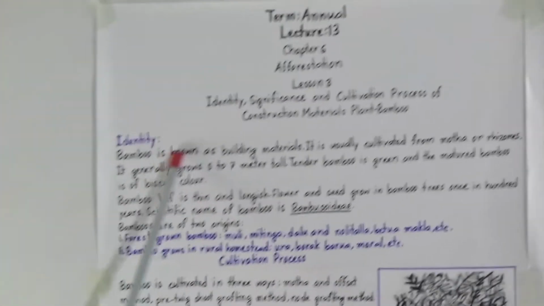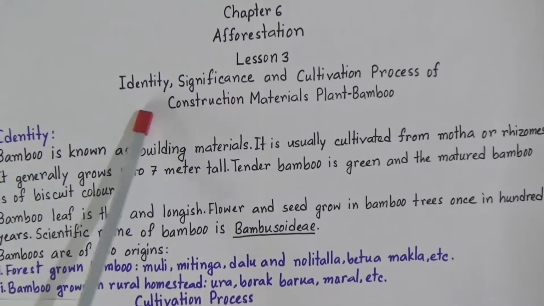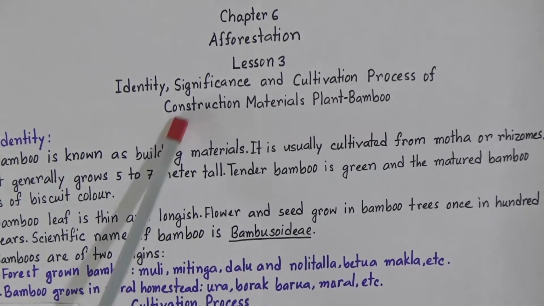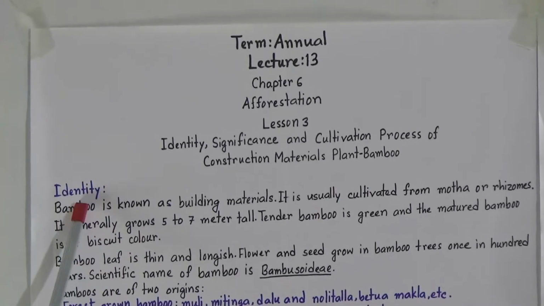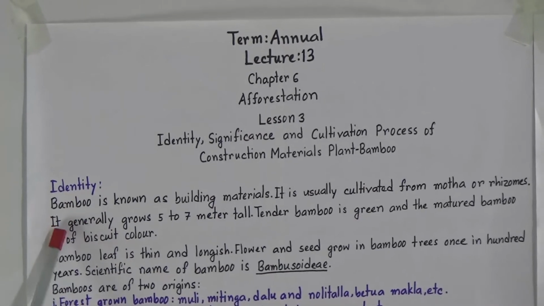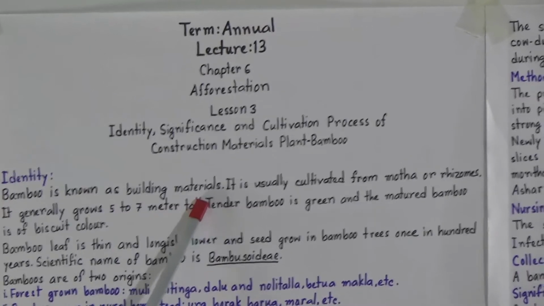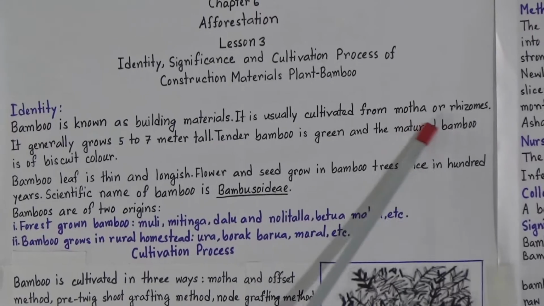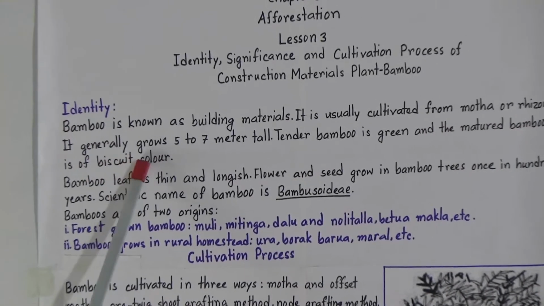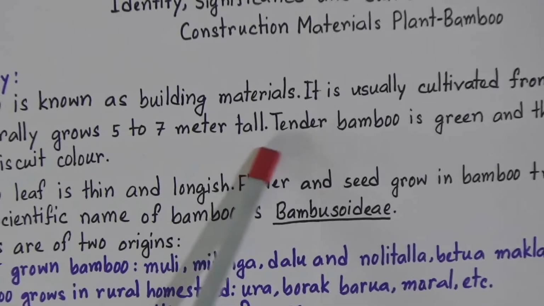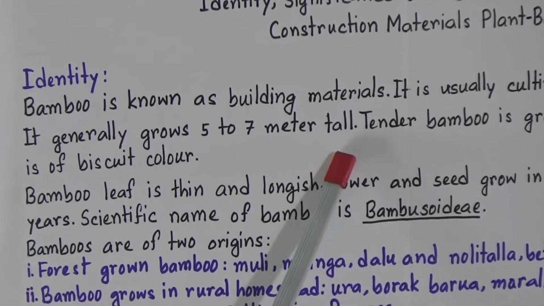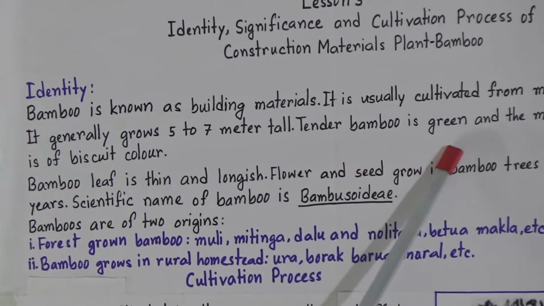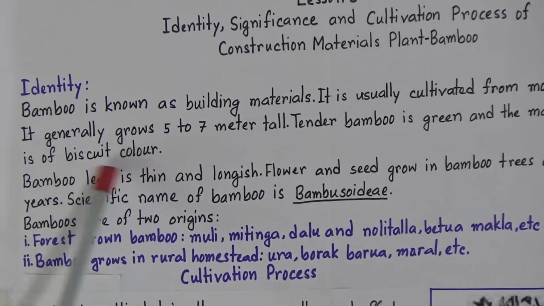So at first we will start with lesson 3, identity, significance and cultivation process of construction materials plant, bamboo. So at first, identity. Bamboo is known as building material, and it is usually cultivated from motha or rhizomes, and it generally grows 5 to 7 meter tall. Tender bamboo is green and the matured bamboo is of biscuit color. So tender bamboo, the young bamboo, is green color, and when the bamboo becomes matured it will be biscuit color,